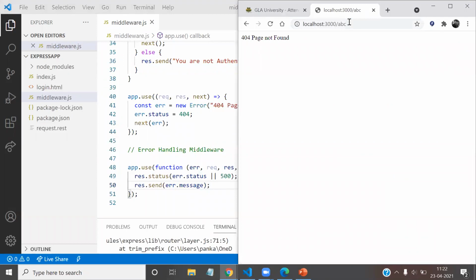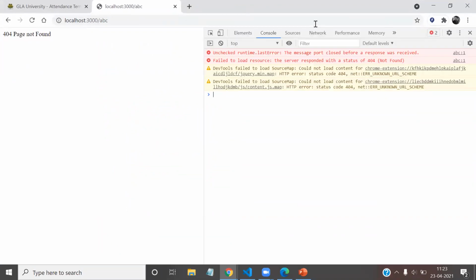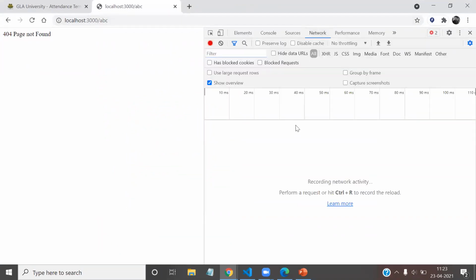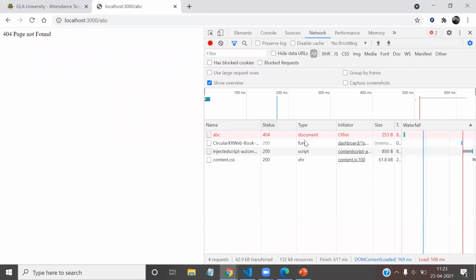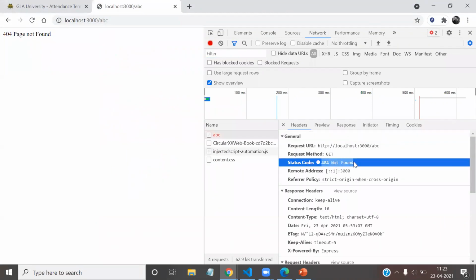Now maybe there will be some functional error, but now it is correct. So see, I'm getting ABC, and if we try to access an unavailable page, it gives me a 404 page not found. We are also checking what the status code is over there. So see, here the status code is 404 page not found.